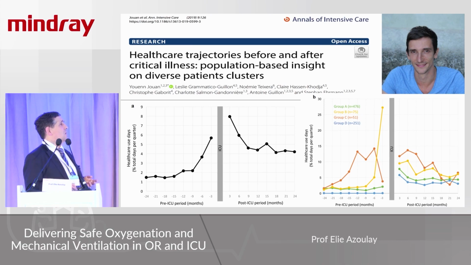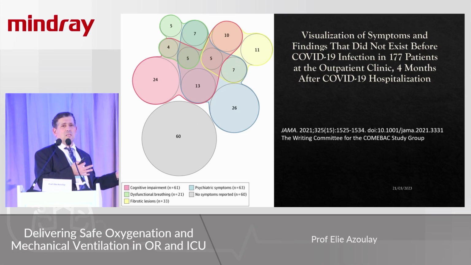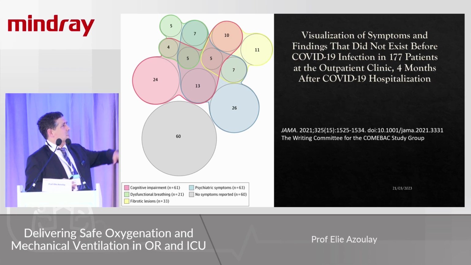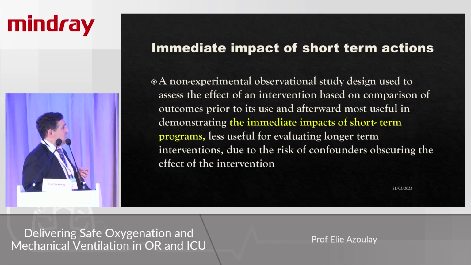It's a pre-post study. In this study, we are comparing COVID-19 patients' health before COVID-19, of course self-reported, as compared to after COVID-19. And you can see the percentages of patients having new onset of symptoms. This is a very good frame to be able to compare the same patients before and after a specific experience. Before it was the ICU experience; here it was severe COVID-19, but not all of them were in the ICU.